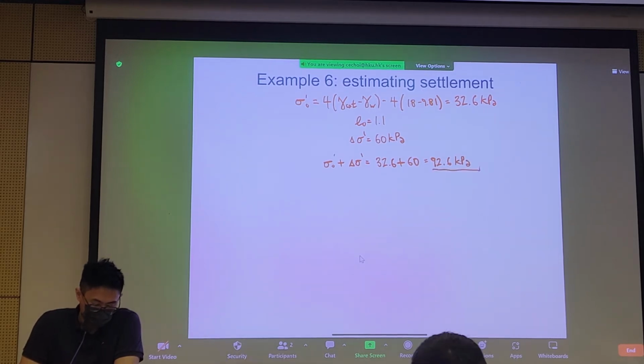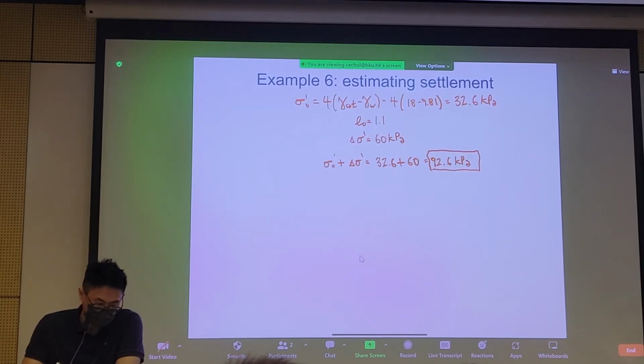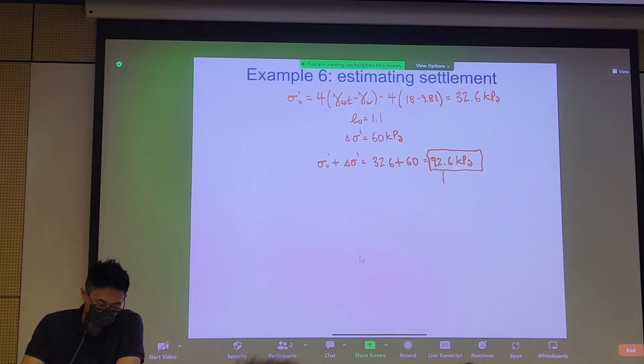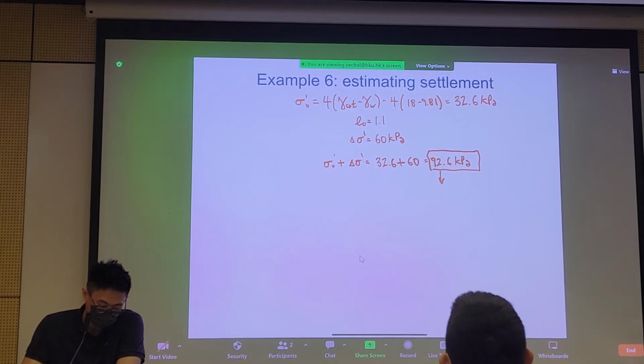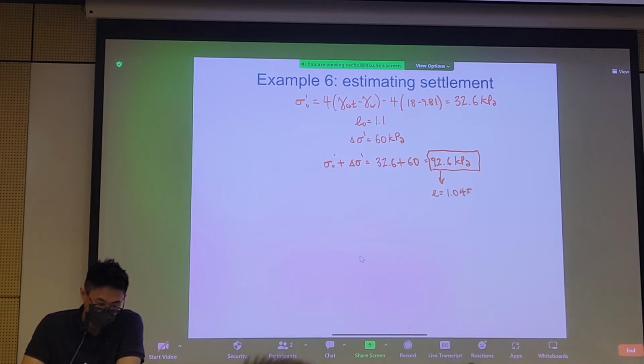So if we look at this value, 92.6 kPa, what does it correspond to? Well, you don't need to calculate anything because you can just extrapolate here, right? You can extrapolate this void ratio. So at 92.6, the void ratio corresponds to 1.045 from the graph. Therefore,